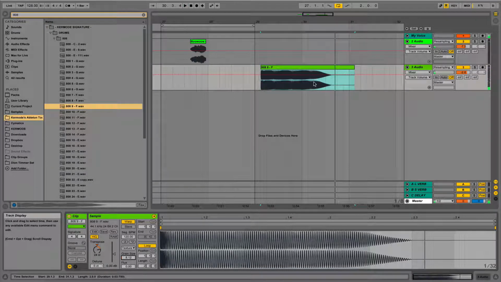You can hear all the different combinations to create really cool tones, and this layered back with the original sub